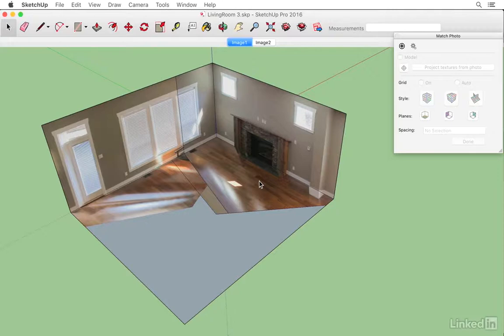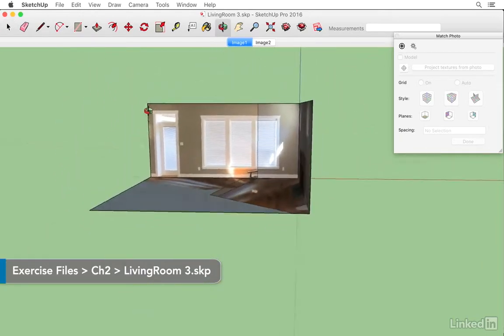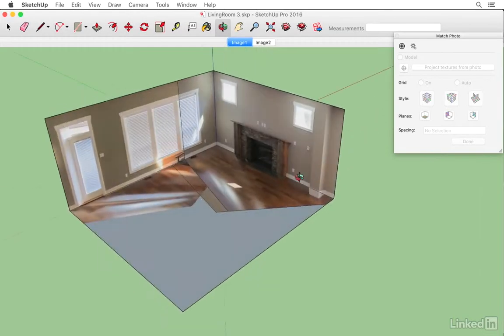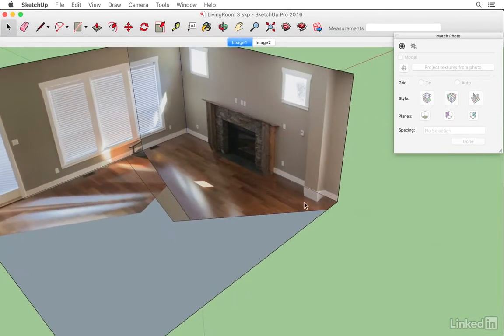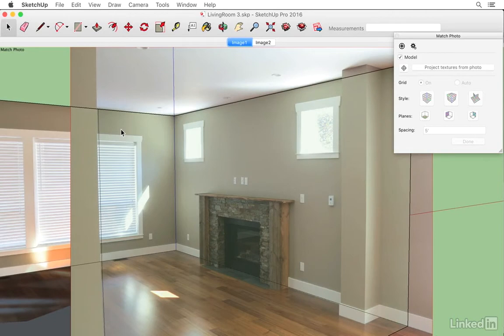In this video, we're going to model this pilaster here and a freestanding column. Now, as it stands, we have planar surfaces with textures mapped to them. And this model would be much more realistic if we actually created geometry to represent this pilaster. Let's go into the image 1 scene to match up the geometry with the original photo, and then use the